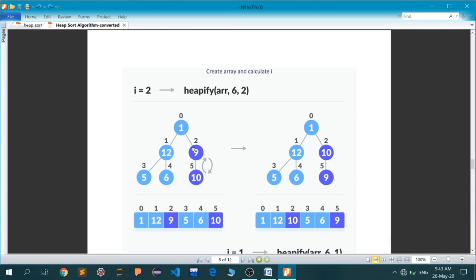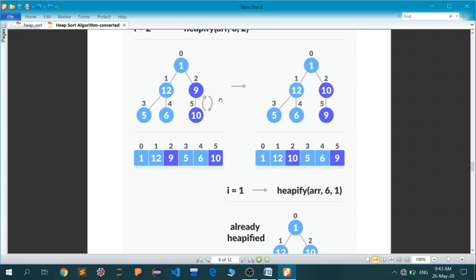Again, what will be done? The heapify function will find the largest of the parent and the 2 children. In this case, as you can see, the left-hand side child is the largest one. If the largest is not equal to the parent, or i, as you can recall from the last lecture, then these will be swapped. In this case, as 10 has a greater value than 9, both of them will be swapped. And there you go. Now this particular subtree, that is 10 and 9, is heapified.